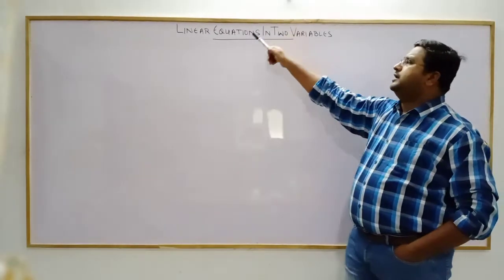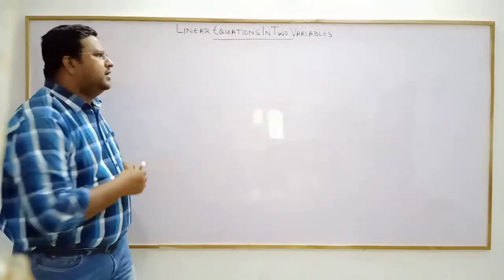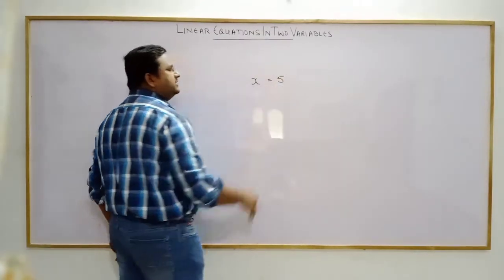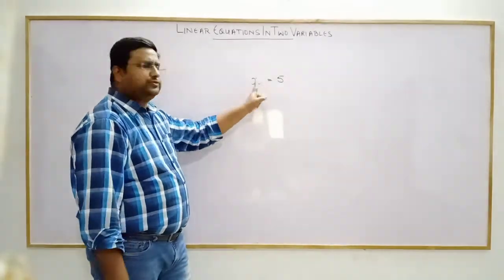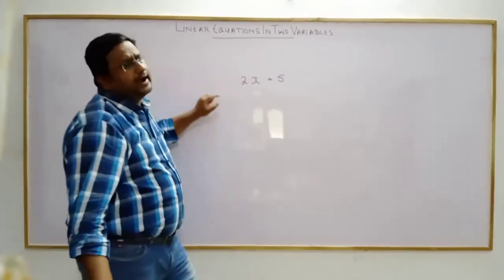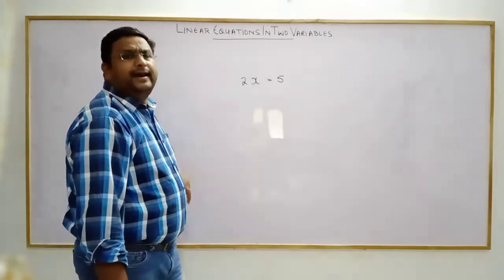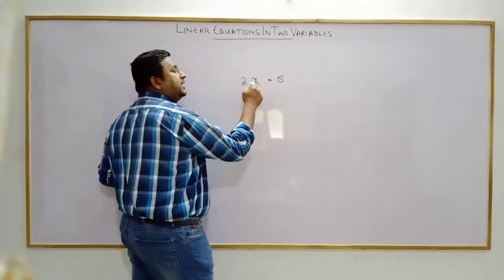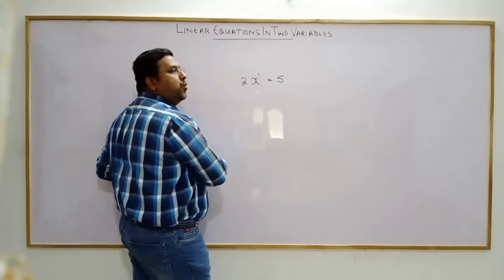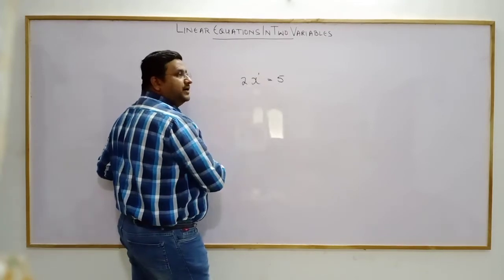Now we come down to linear equations. What is a linear equation? Equation, first of all. When we talk about anything, x equals 5 is an equation. If I write it as 2x equals 5, again it is an equation. But why do we call it linear? Linear comes from the word power. X is the variable. What is the exponent of x? 1. So we call it a linear equation because the power is 1.